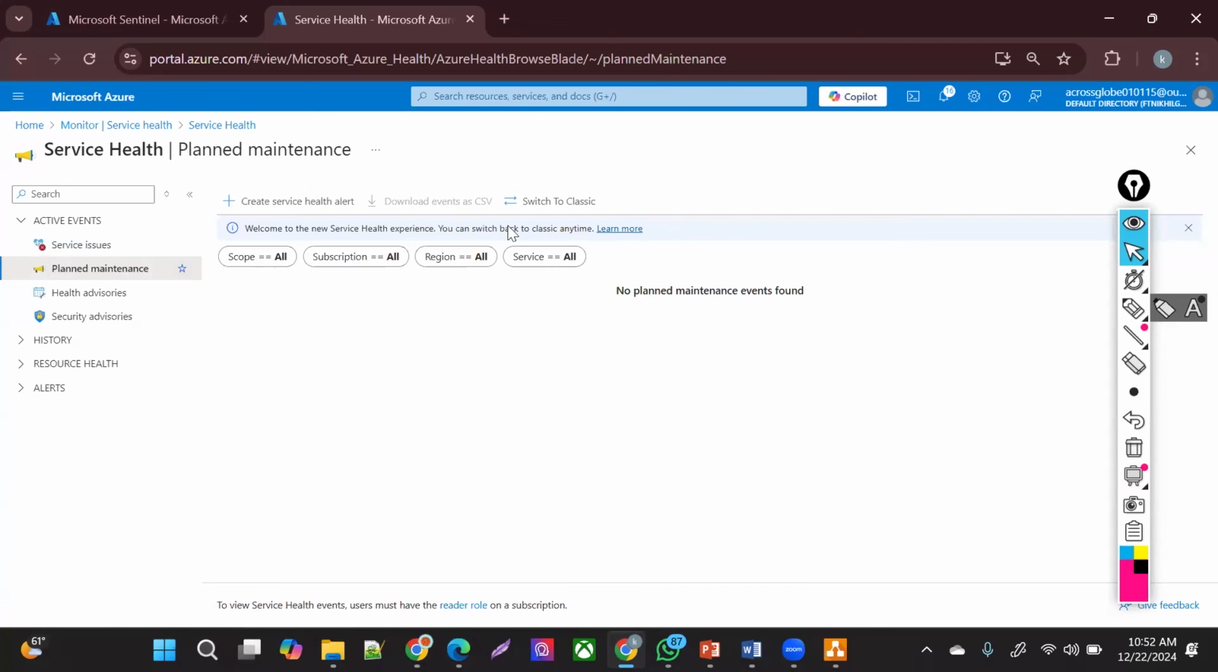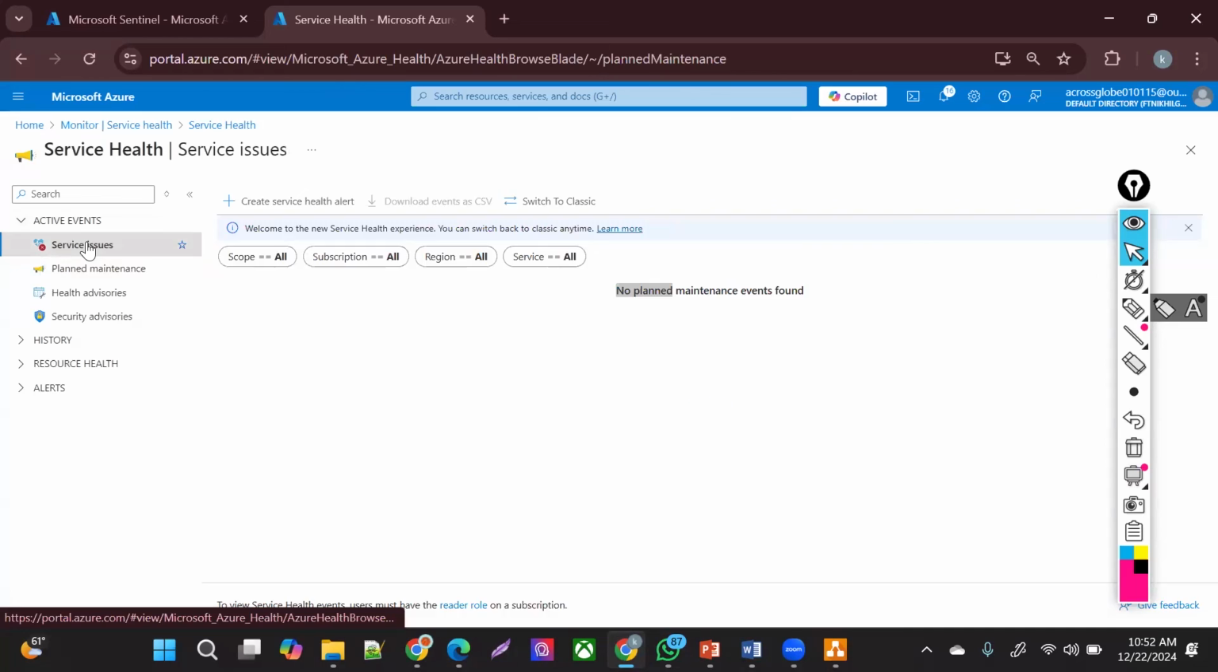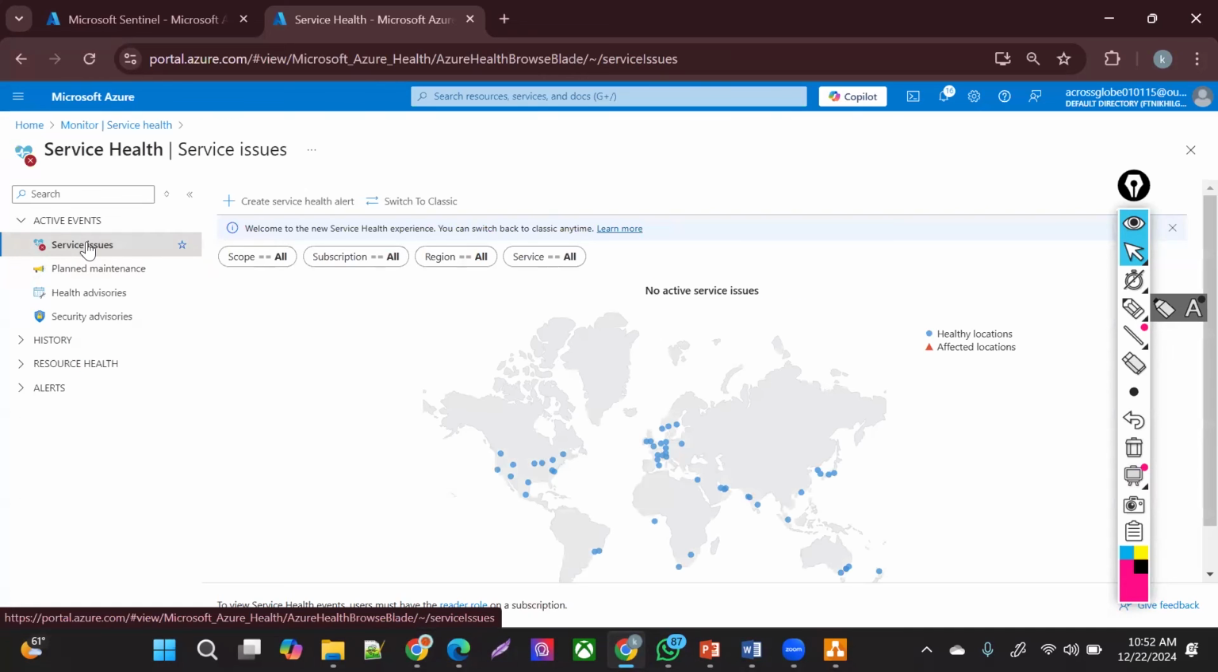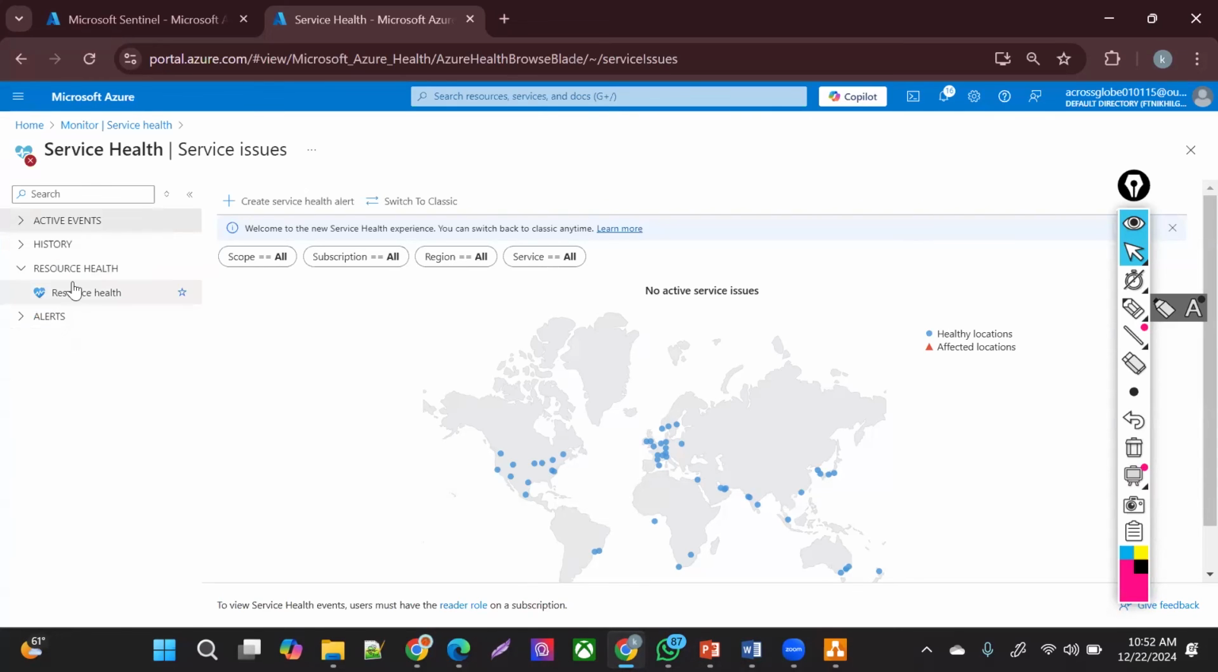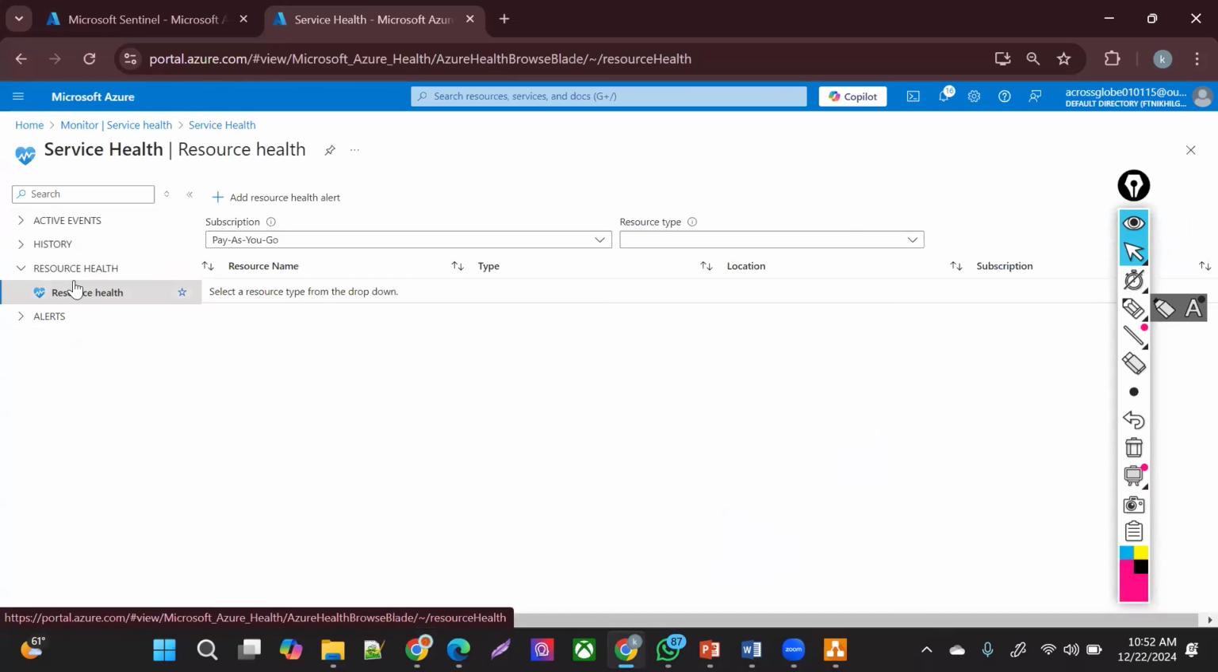No maintenance is going on for now, right? Any service issues from Azure? See, an affected location you are going to be notified of with this triangle, and a healthy location you're going to be notified of this way. So for now, all the regions are up and running, no issue with that, right? If you have resource health, which means any of your resources is down, right, you're going to get